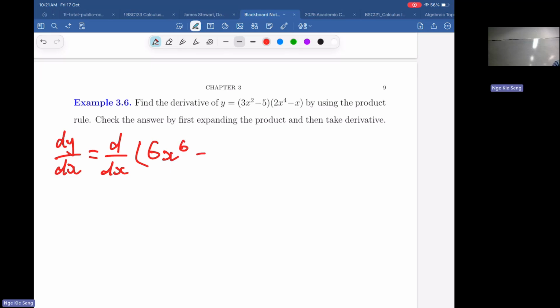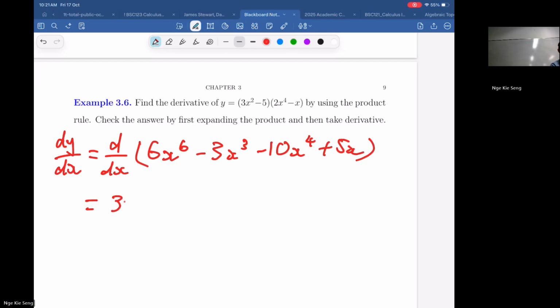Then for the second term, you open the bracket, so you get minus 3x cubed. Then the third term, you get minus 10x to the 4. And the last one, you get 5x. So if you go through all the power rules, sum rule, scalar rule, the linearity of this differentiation operator, we will get